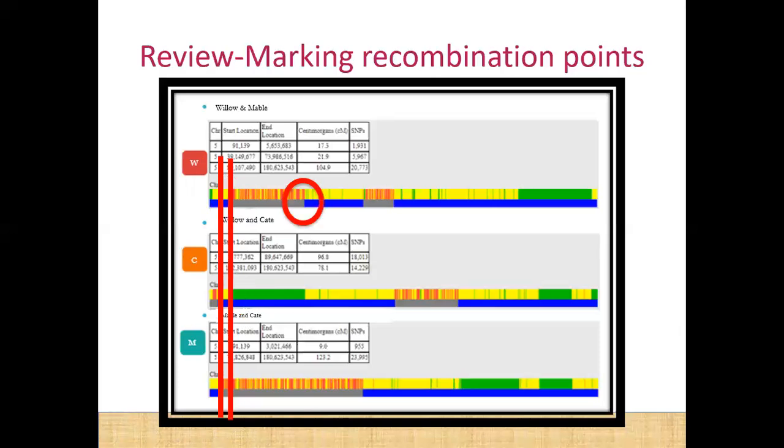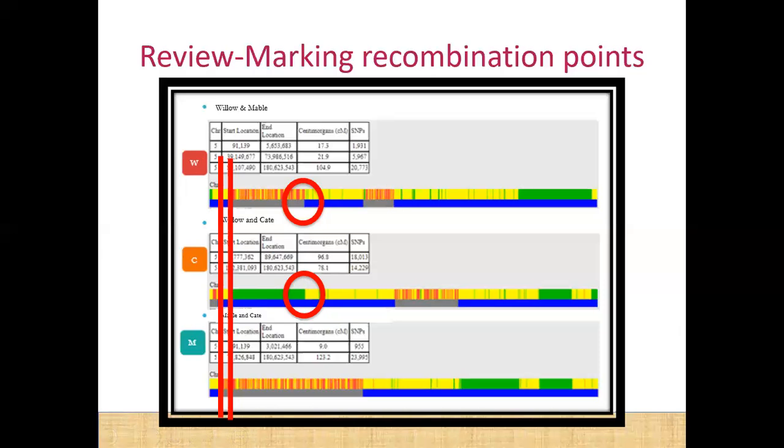Moving on, we see another change here, where Willow and Mabel went from sharing no DNA in this section of chromosome 5 to sharing DNA on one of their chromosomes, as we see by this half identical match, yellow on the top, blue on the bottom. And when we look below, we see our other change, where we move from that fully identical segment,